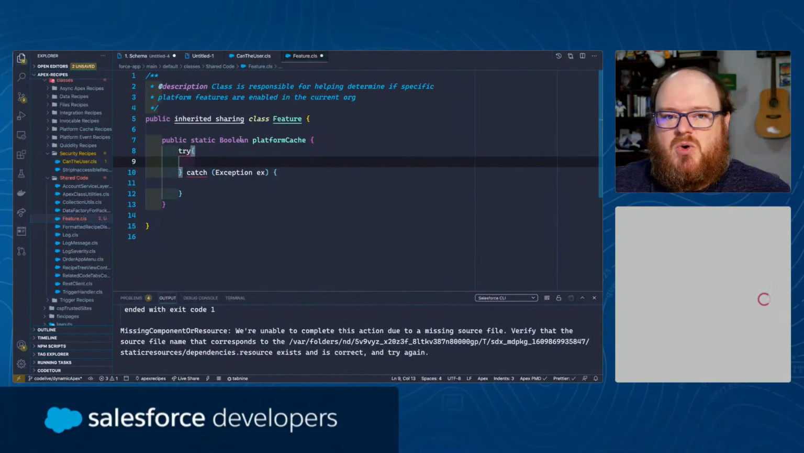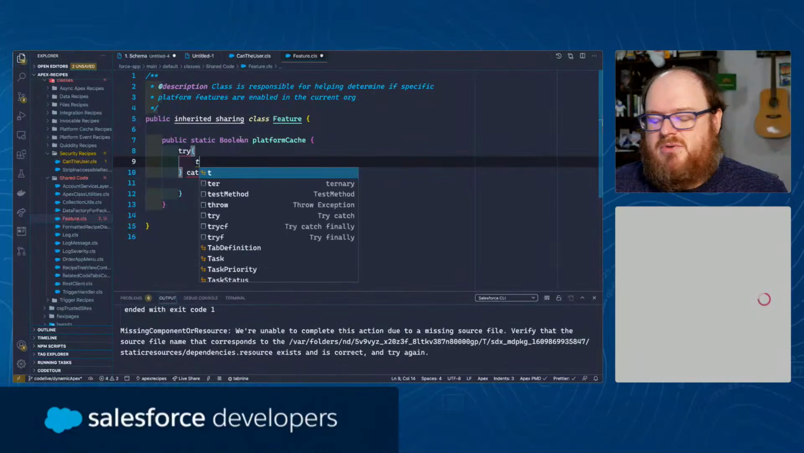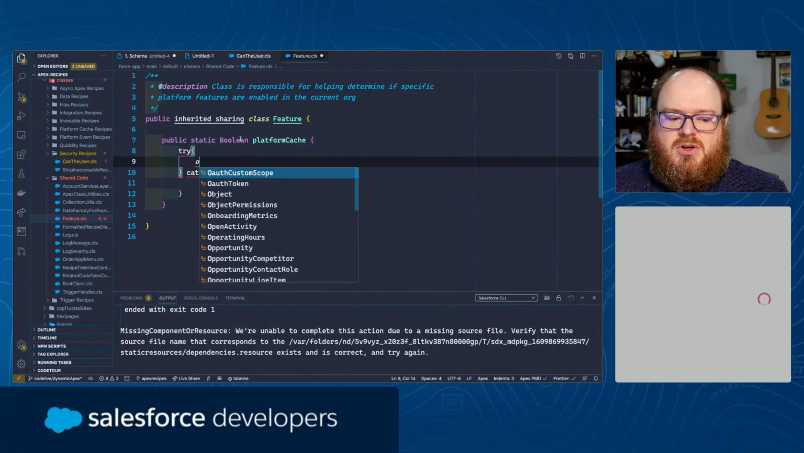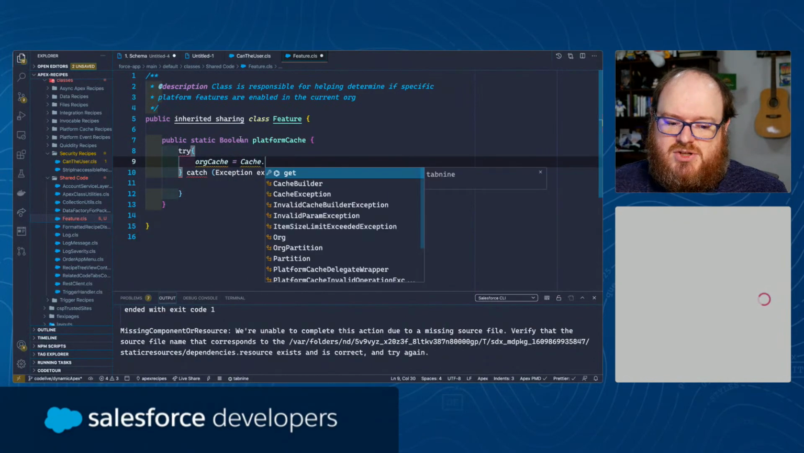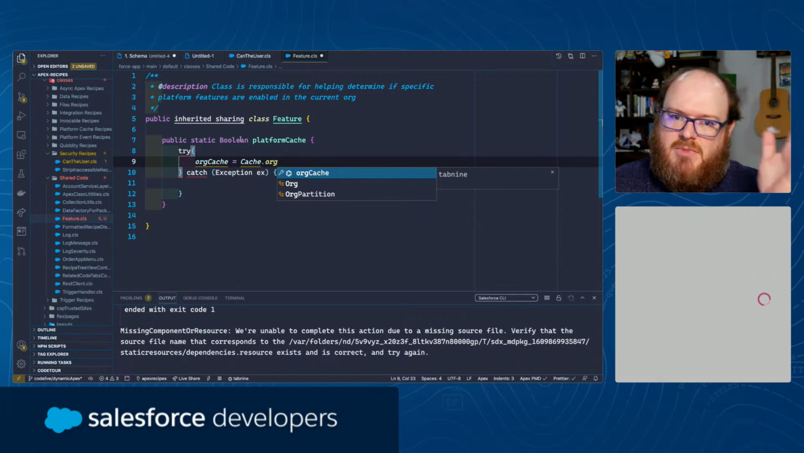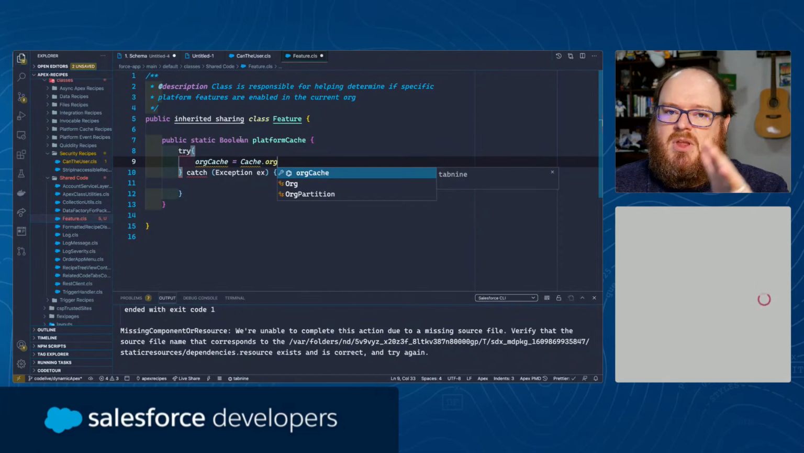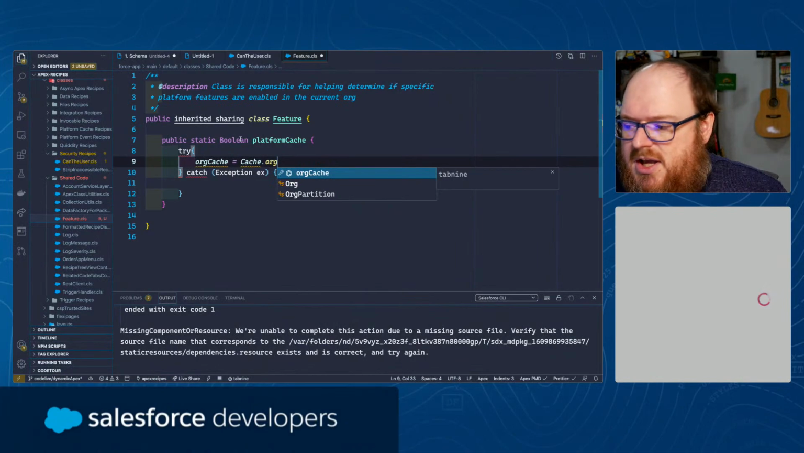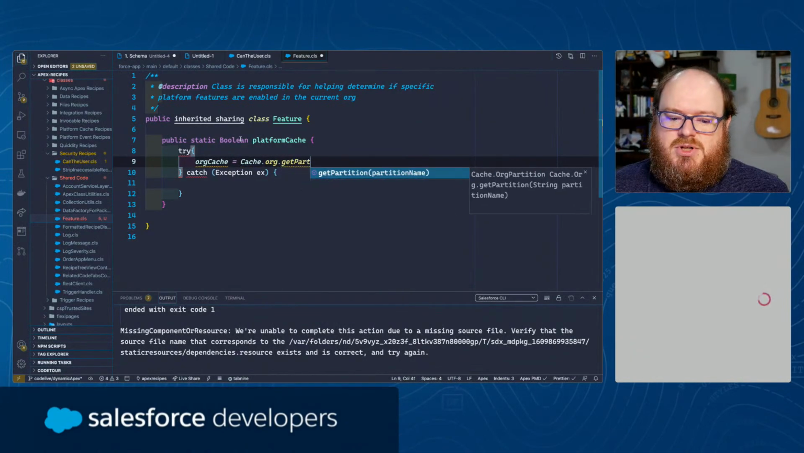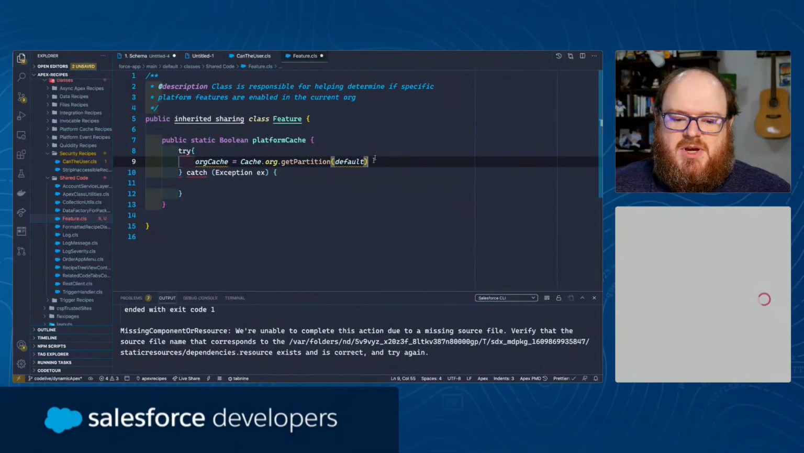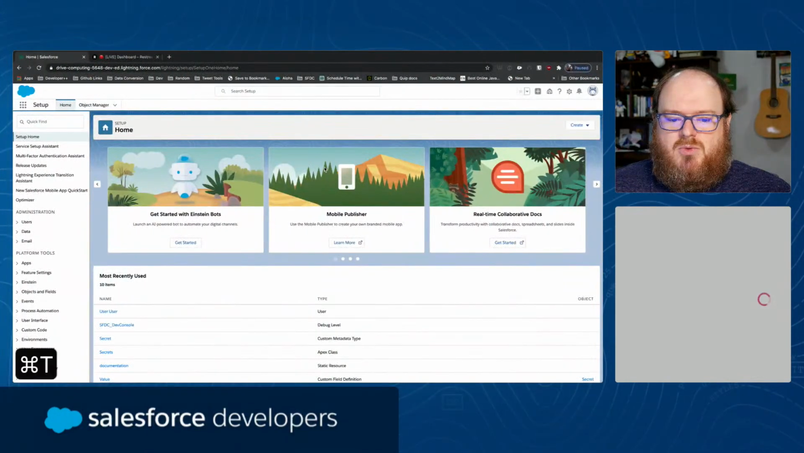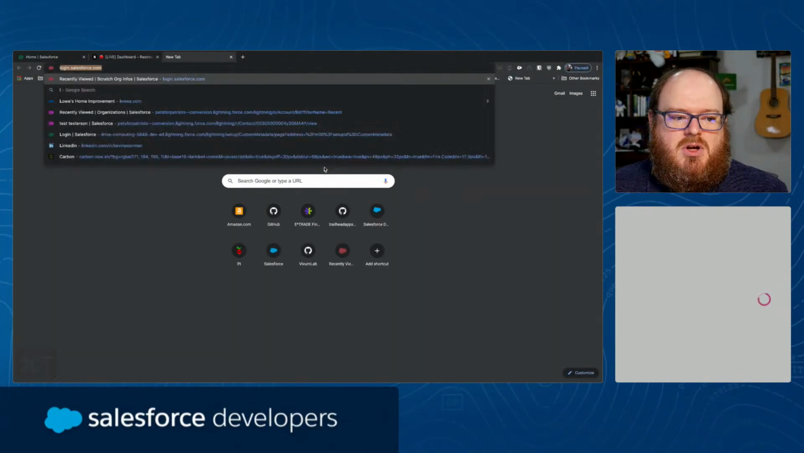And so when I try this, I'll do orgCache equals Cache.Org. Now, if you remember our memoization and our work with canTheUser, this is how we access the platform cache: Cache.Org.getPartition, and I'm going to say default. Okay. Now, it occurs to me I may not remember that perfectly well, so let me keep it over here and do our